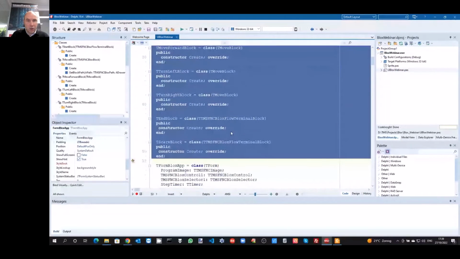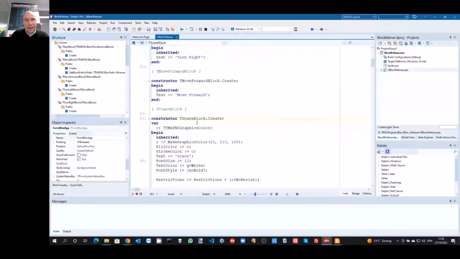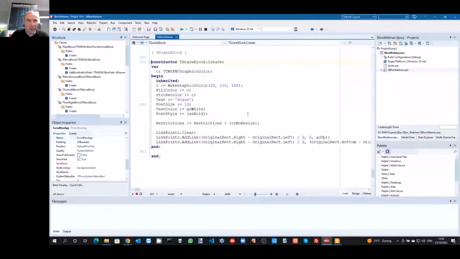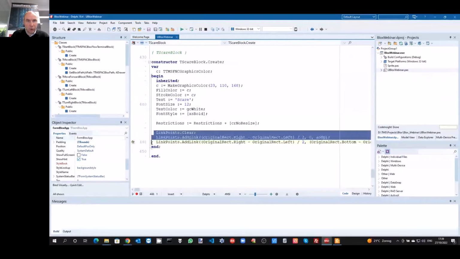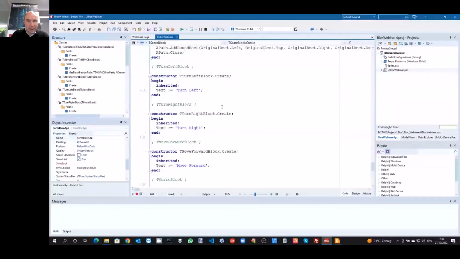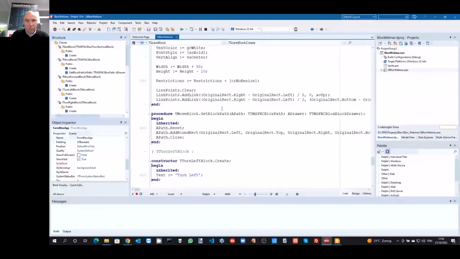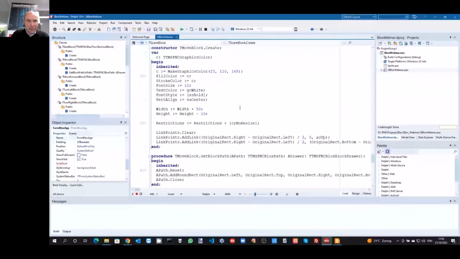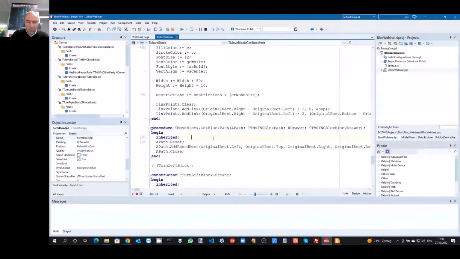These are all custom blocks. If we have a look at, for example, the constructor, you can see here, as we just covered, the initialization of this block. And this is a block that also has 2 link points. If we have a look at the other blocks, the move block, for example, you can see here it also has 2 link points. It's not resizable, and it uses a rounded rectangle.